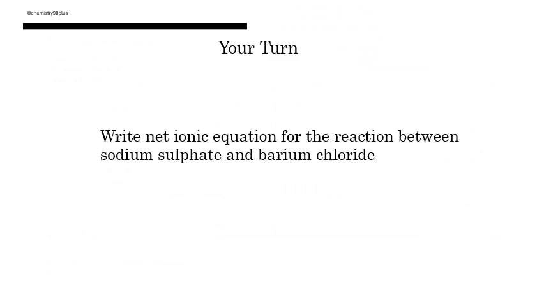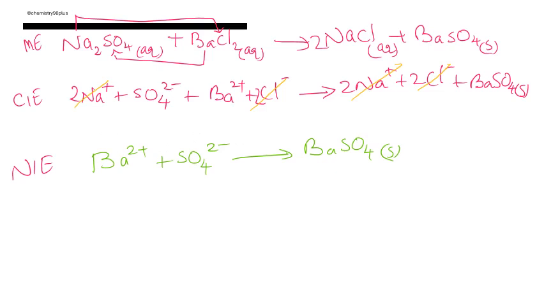Now you can try writing a net ionic equation for the reaction between sodium sulfate and barium chloride and check your answer. You must have these equations in front of you now. The molecular equation: Na2SO4 plus BaCl2 gives you 2NaCl plus BaSO4. That is the balanced chemical equation. So then you must be having the complete ionic equation,